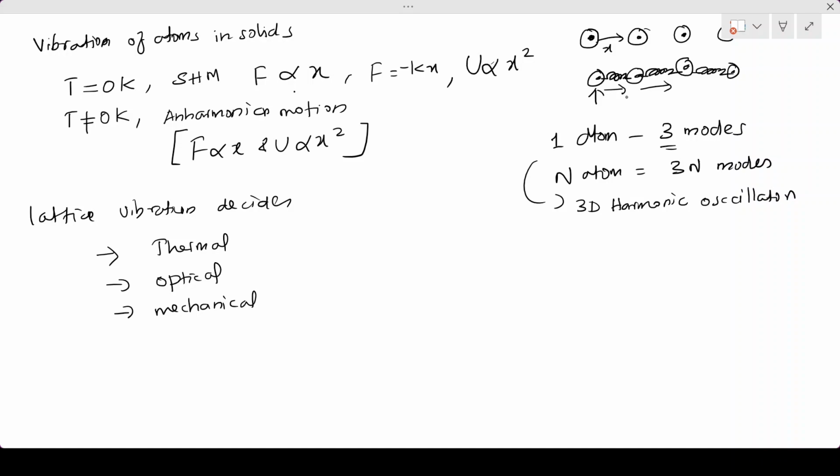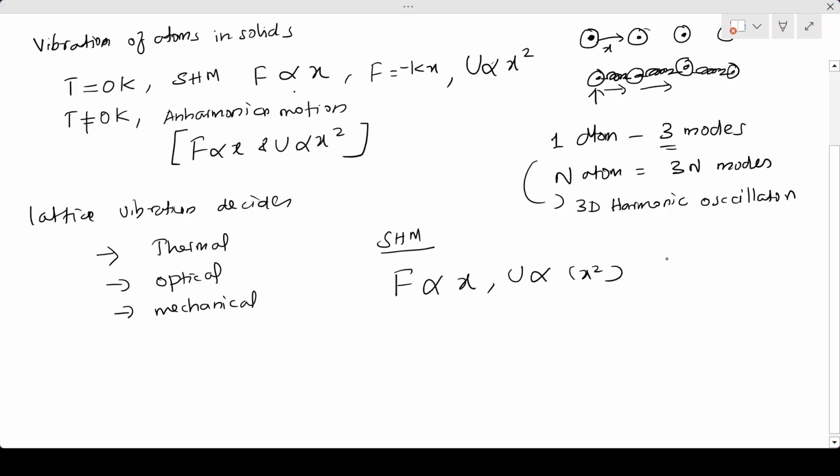Okay, so when you consider the amplitude of vibration, that will be proportional to x. When you consider the amplitude of vibration or the force, the force is proportional to x in the case of a simple harmonic case. So I repeat, you can consider two atoms connected like an elastic spring. It was an assumption for us, and we also see that for a simple harmonic motion, F is proportional to x and U is proportional to x square, and this you can